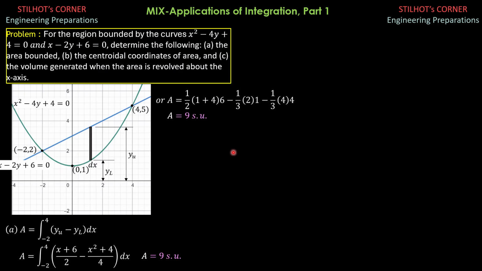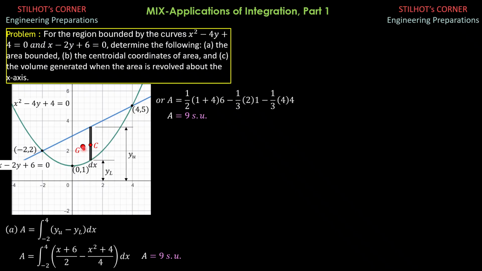We then proceed to the location of the centroid of area. We will call the centroid G, and the centroid of the differential element C. So that is C, that is G.